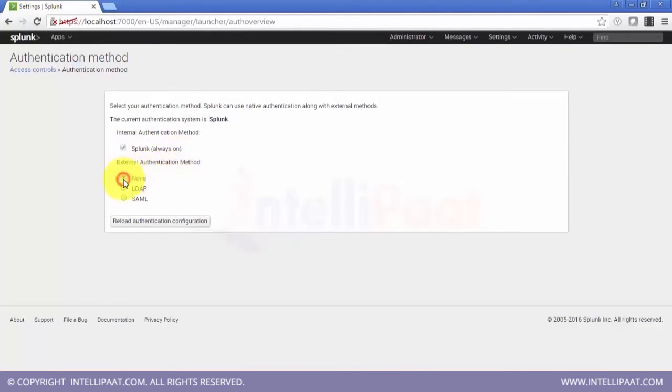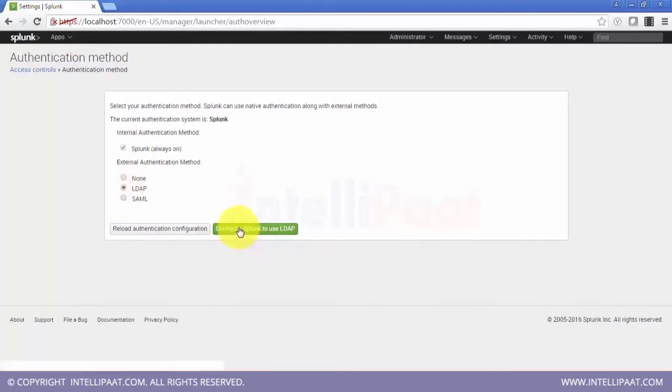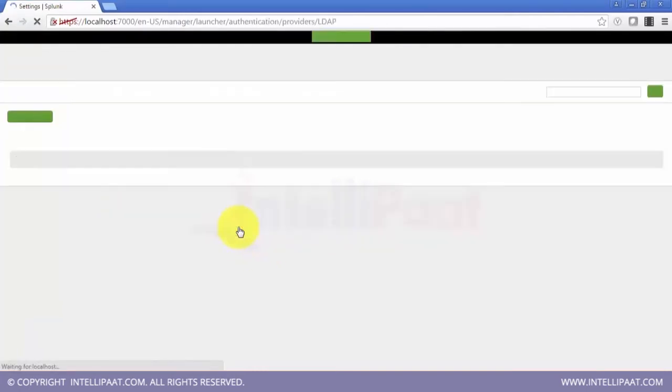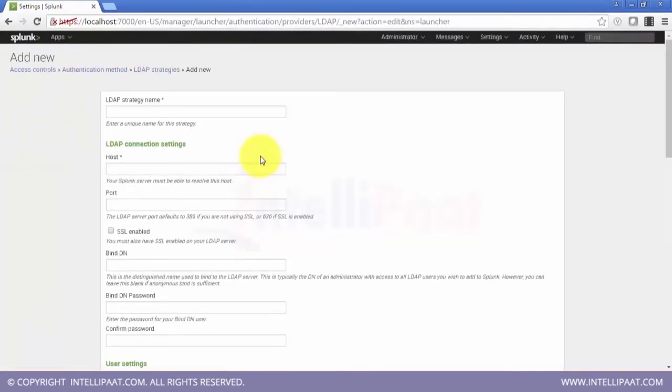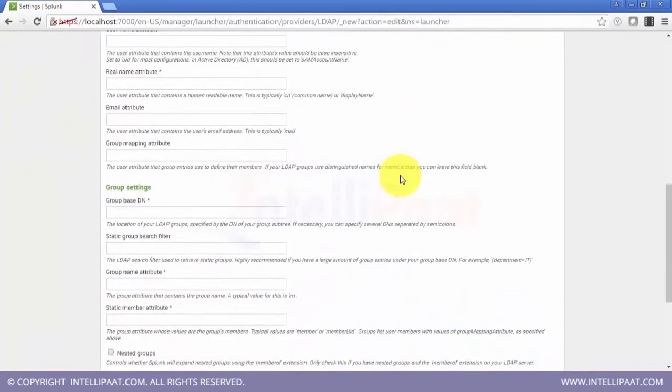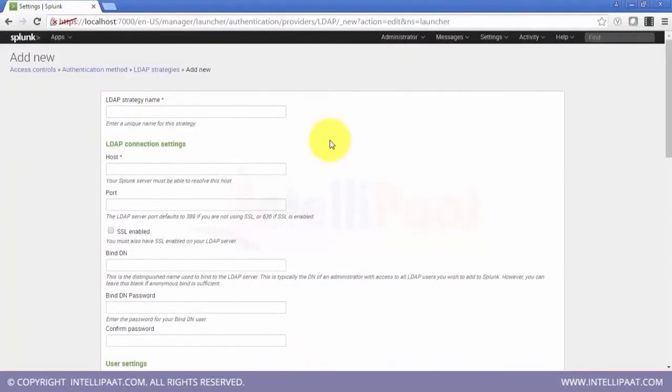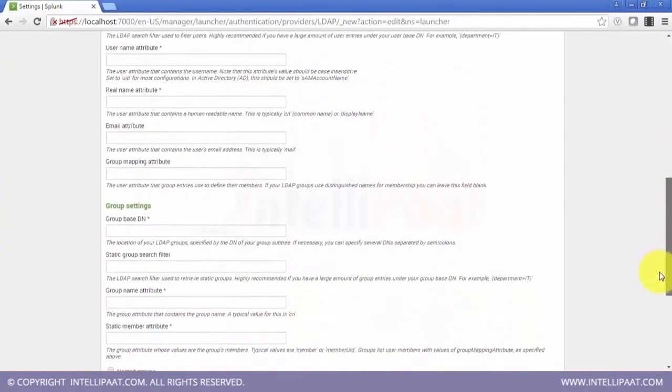Apart from that, if you want any other external authentication, you have these two, the most commonly used external authentication methods, LDAP and SAML. There is a procedure to configure the LDAP or SAML connection with the settings that will be provided to you. There are various sources of these settings.